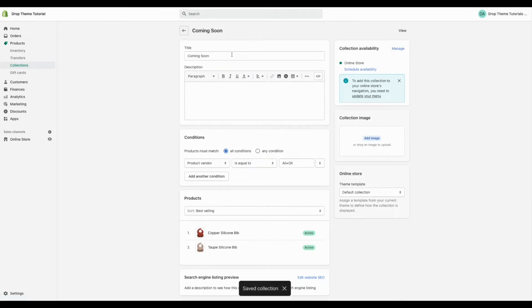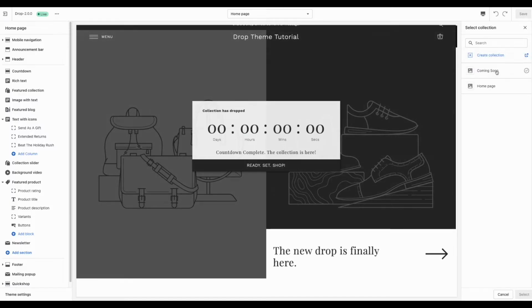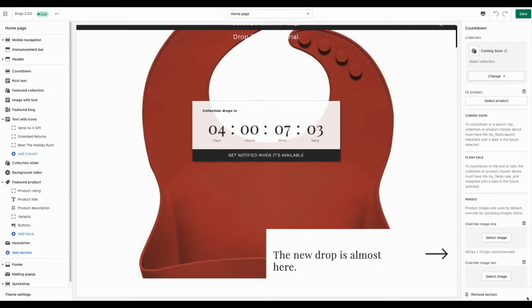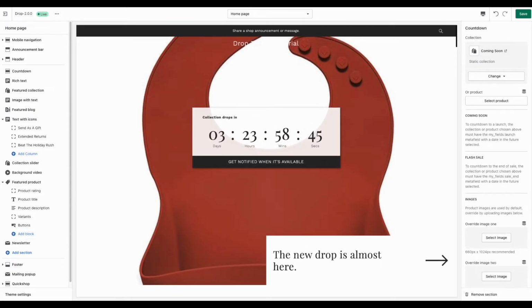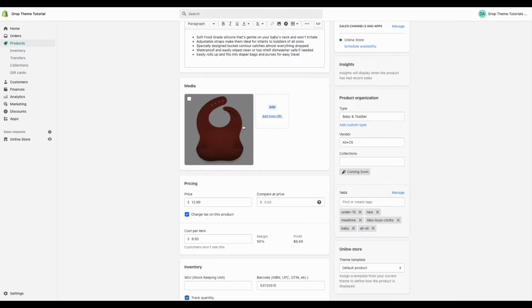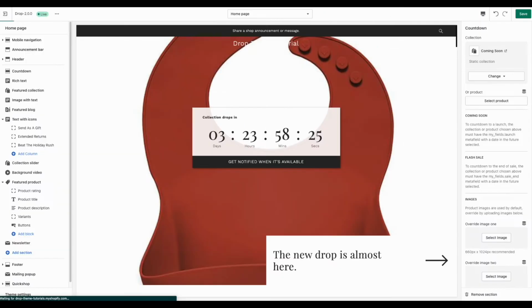And so we have that collection set up. Coming soon, and select. So the way that the section works is it's going to take the first product that's inside the collection you chose, and it will use the first 2 images of that product. Now, the first product right now is this red bib, and the image is kind of small. If you look at the product, you'll see there's only one image,